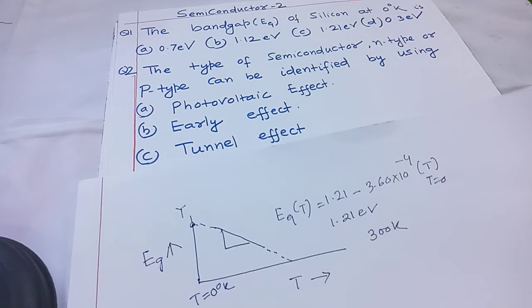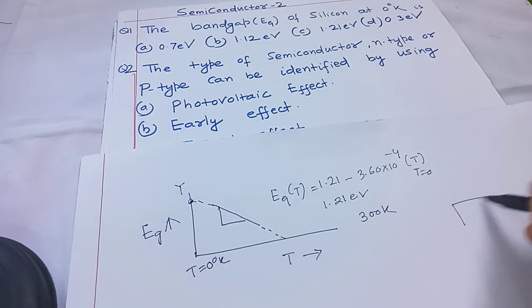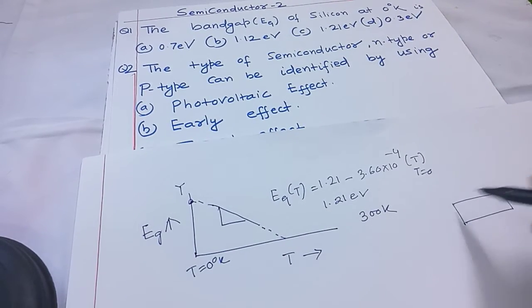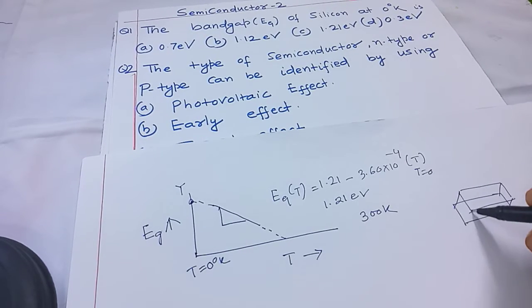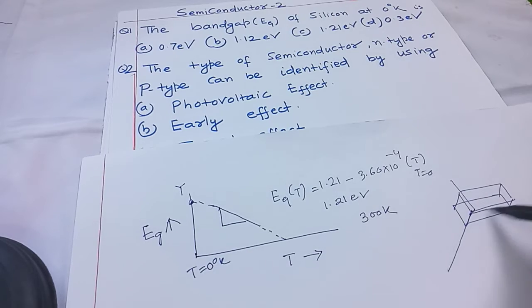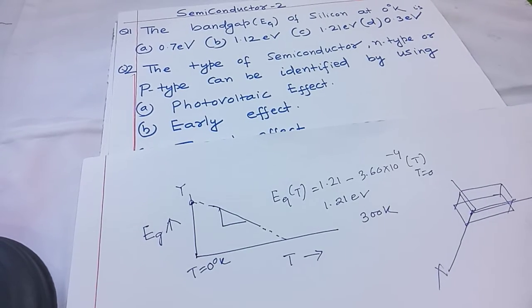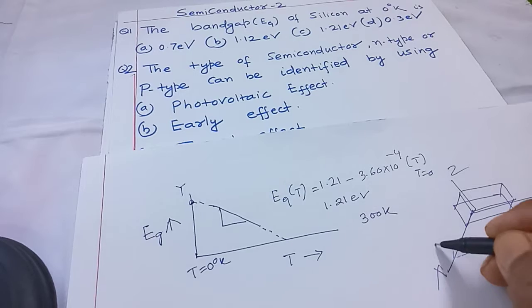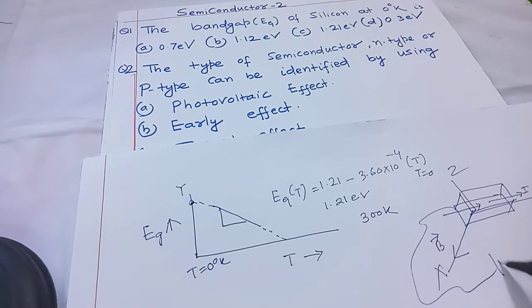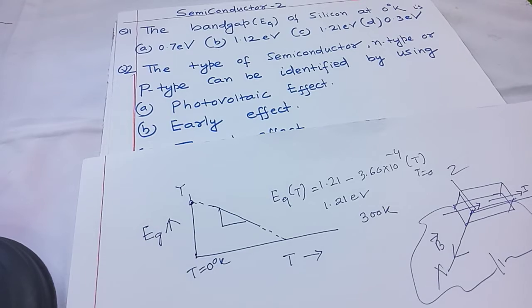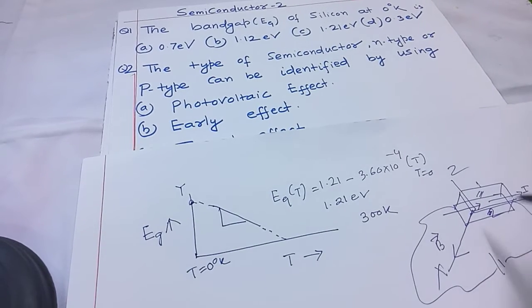But what is Hall effect? In Hall effect, the crystal is taken and a transverse magnetic field is applied to the crystal. Say this is the x direction, y direction, z direction. The magnetic field is applied along the x direction and a current is allowed to pass along the y direction, and connection is made to a source of EMF like this, and these two surfaces, say 1 and 2,